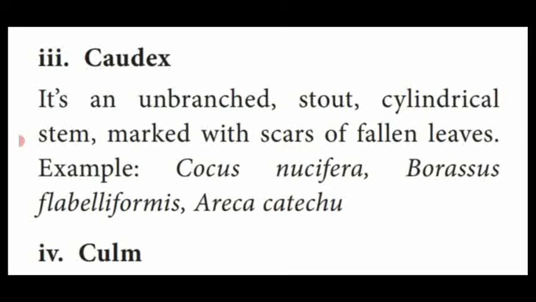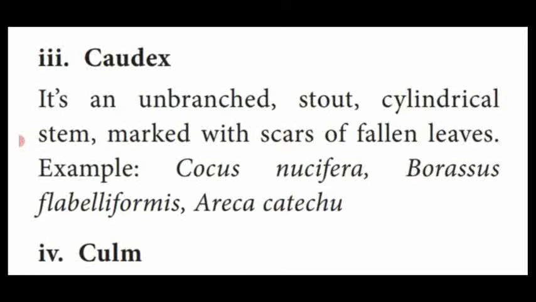So we have studied 4 types of stem. Excurrent: main axis with continuous growth, lateral branches with limited growth from base towards the apex. The appearance is conical shape. Second one, decurrent: main axis shows limited growth, then the lateral branches show unlimited growth, which forms a round or spreading appearance.